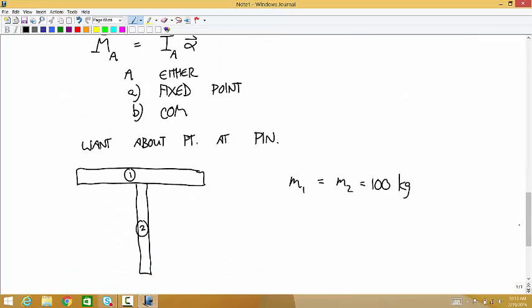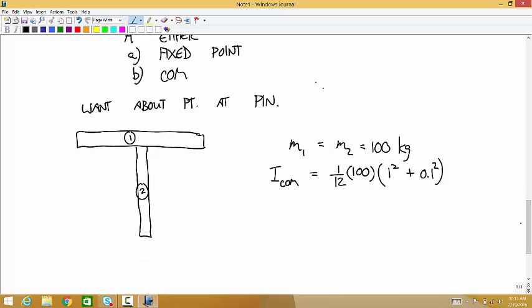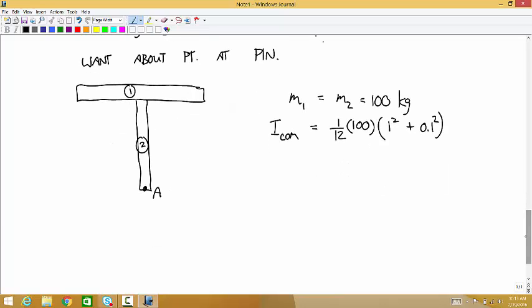That's right. So we want to use a moment of inertia about the center of mass of each shape, equal to 1/12 times the mass times 1 squared plus 0.1 squared, for each of these. So I'll make this point A. So for rectangle 1,